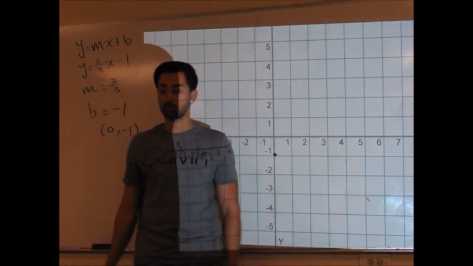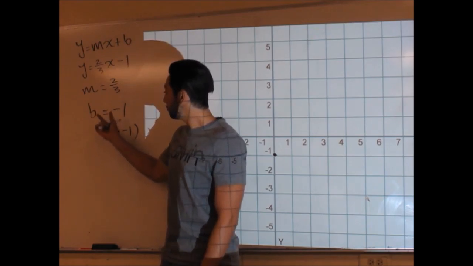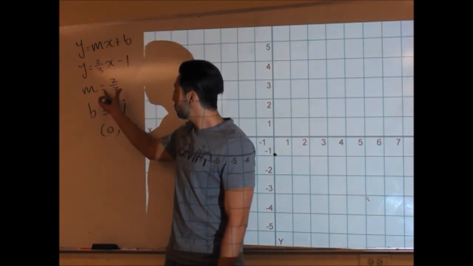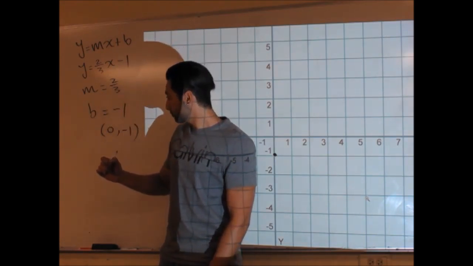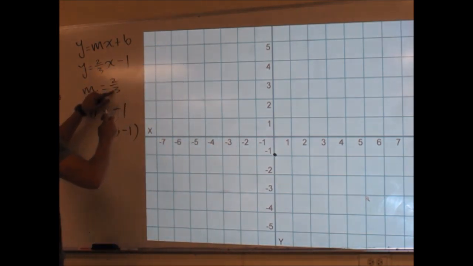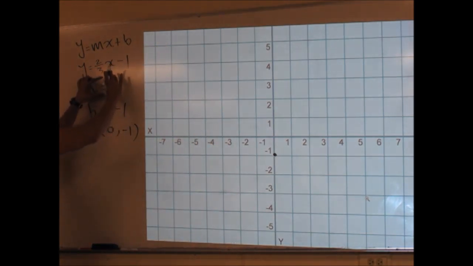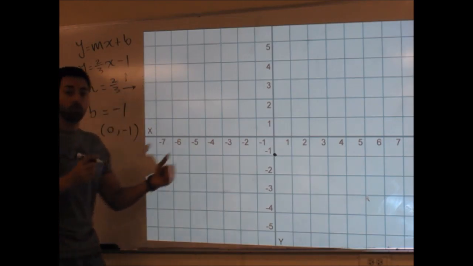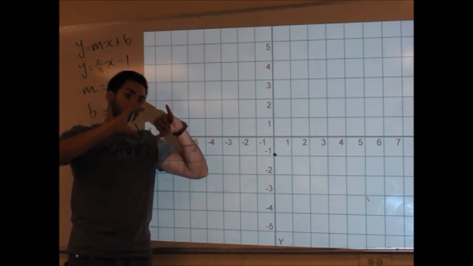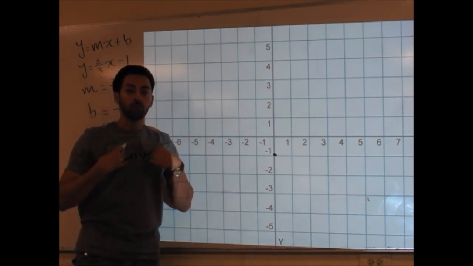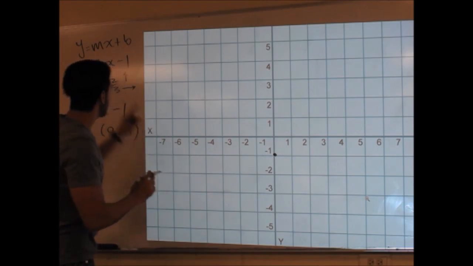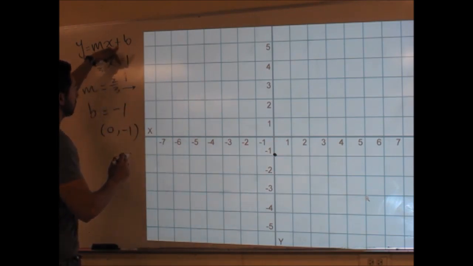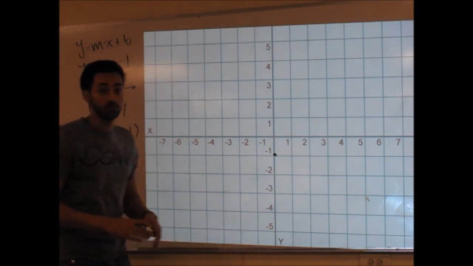Now, what you want to do from your y-intercept is do what the slope's telling you to do. We mentioned that the slope was rise over run. So in this case, since I have a positive number here, we're going to rise upward, and we're always going to rise to the right. If you want to rise to the left, we could look at that later. But me personally, if it's positive, I always go up. If it's negative, I run downwards, but I always move to the right myself.